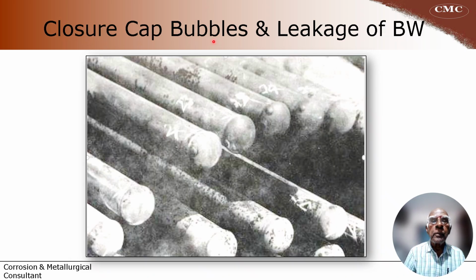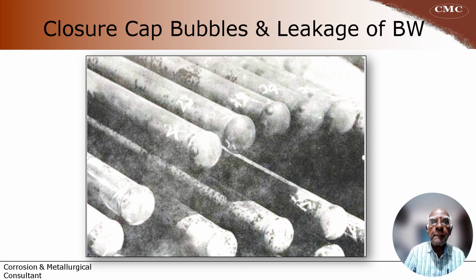And this is the typical problem in the closure cap. The closure cap became very soft, leading to bubbles. You can see the bubbles. It is actually a plastic deformation at a temperature more than what it can tolerate. And that means this has become thinned down like a balloon, and that closure cap started leaking after a certain deformation. So once that leaks, the boiler feed water leaks,